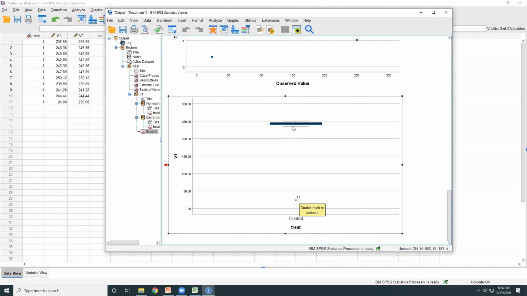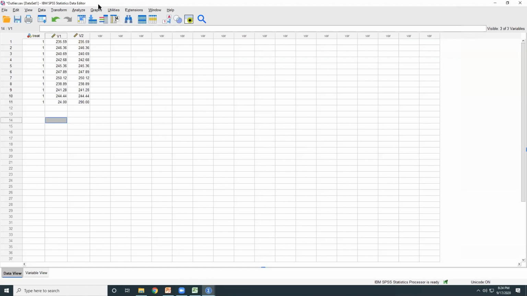Suppose it is upper range data, which we will see in the next example, then it will come at the top. So here, what it represents is that the 11th value in your data sheet is an outlier. Now you go to the data sheet and you can see here